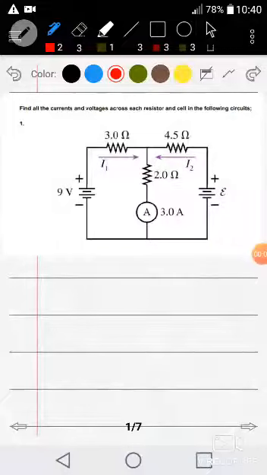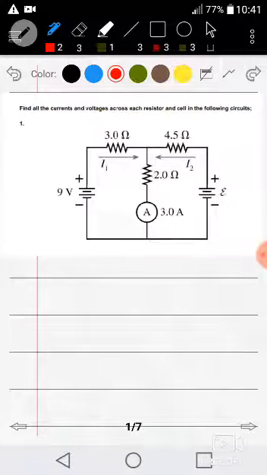Okay, so we are going to start with this first equation as our example from those 6 questions I've given you. This one is a circuit composed of 2 EMFs, a 9 volt one and epsilon, or E. Then we have 3 resistors of 2, 4.5 and 3 ohms, and 2 currents, I1 and I2. I1 is being generated by the 9 volt battery, as I2 is being generated by epsilon.